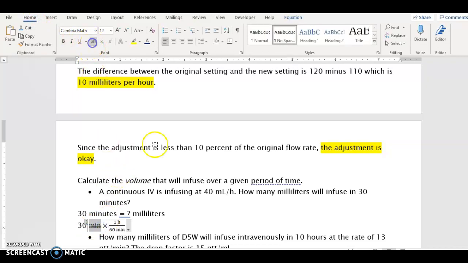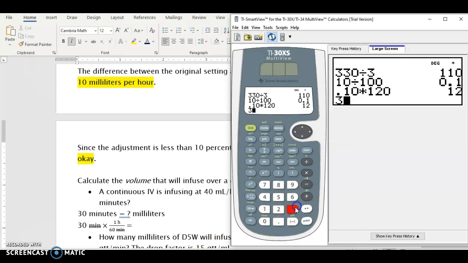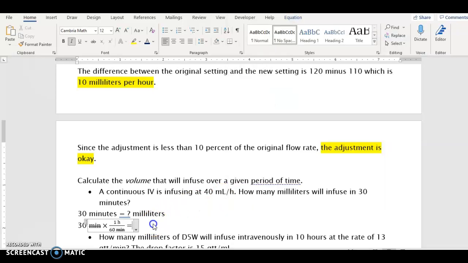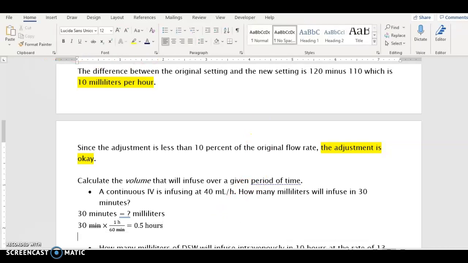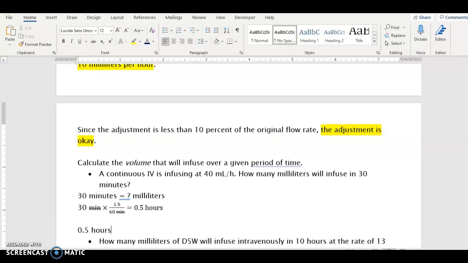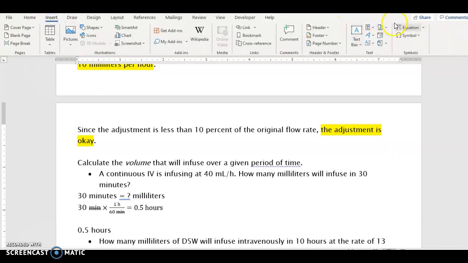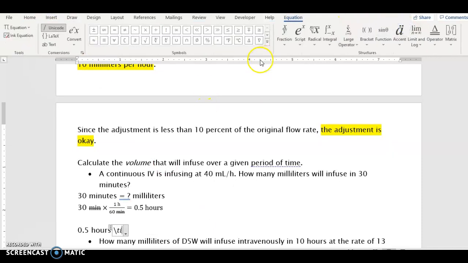You can probably do that in your head, but I'll do it on the calculator. So 30 divided by 60 is equal to 0.5 or 1/2. You may have already known that 30 minutes is equal to half an hour. So now that we have the amount of time in hours, that makes it compatible with the units for the flow rate, which is milliliters per hour. So we're going to take the half an hour